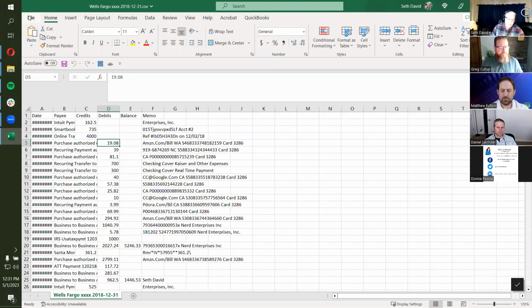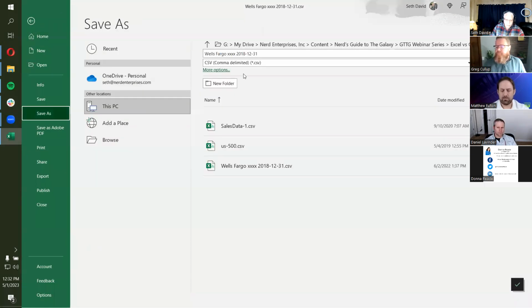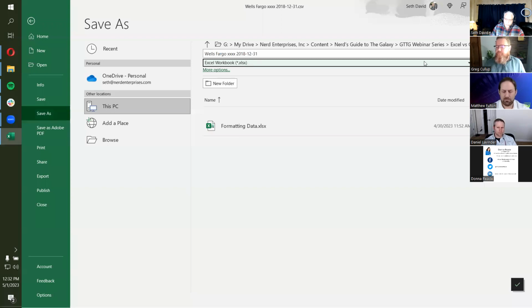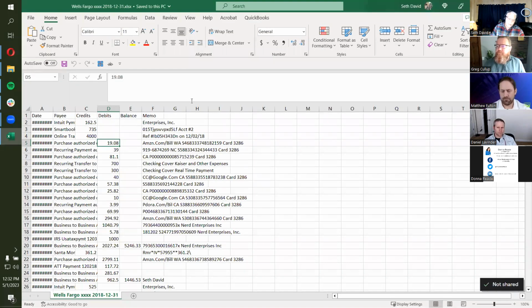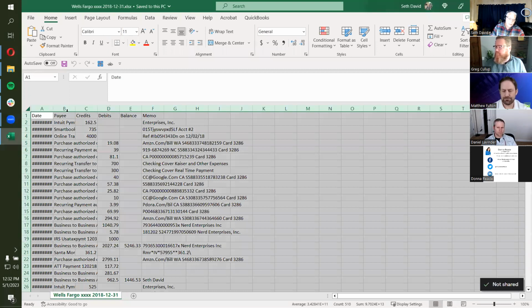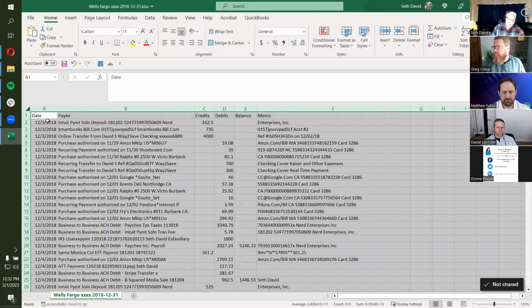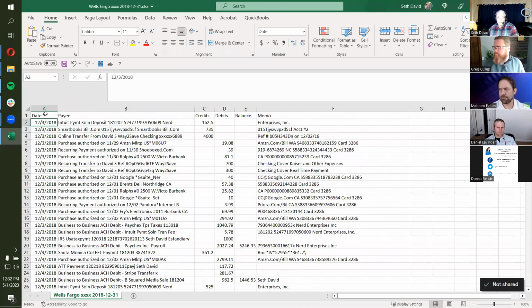So the first thing I do, by the way, is save as and make sure I've converted it to a proper Excel file, because I've made the mistake of not remembering to do that and then saving it quickly without confirming that I want to change the format. And I end up saving the CSV file and losing all the formatting, right? So don't make that mistake. Good practice: the first thing you do when you open up the CSV file is immediately convert it to Excel.